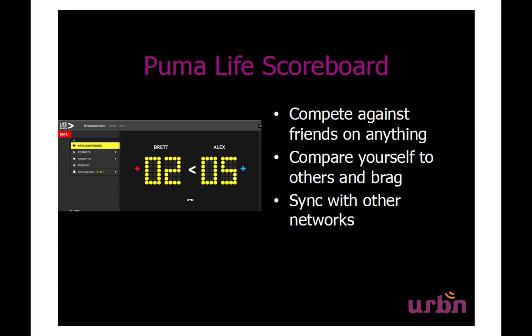Your score increases. You can see how you're doing against your friend or friends. And then the important thing here is that you can brag about it. So if you're competing with someone to see who can read the most books in a 6 month period, and you've read 15 and they've read 5 after 3 or 4 months, you can post that out onto Facebook and onto Twitter and say, well, look how I'm doing. The hope being, obviously, that you can embarrass your friend into either doing better or just simply embarrass them.